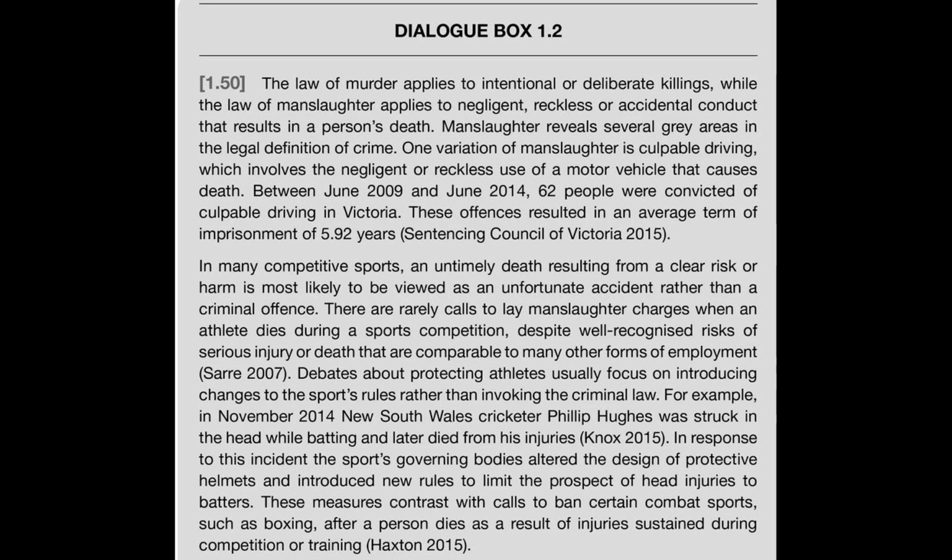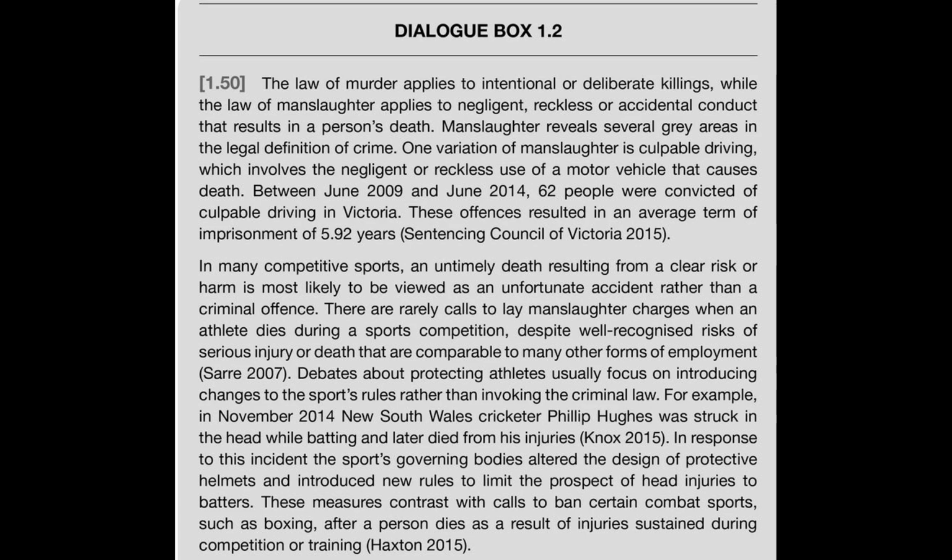In many competitive sports, an untimely death resulting from a clear risk or harm is most likely to be viewed as an unfortunate accident rather than a criminal offence. There are rarely calls to lay manslaughter charges when an athlete dies during a sports competition, despite well-recognized risks of serious injury or death that are comparable to many other forms of employment. SAR 2007. Debates about protecting athletes usually focus on introducing changes to the sports rules rather than invoking the criminal